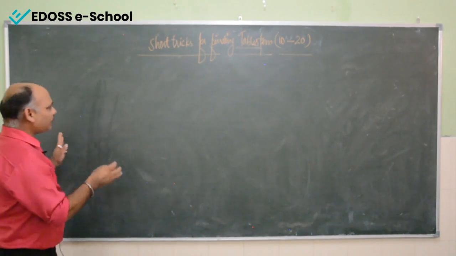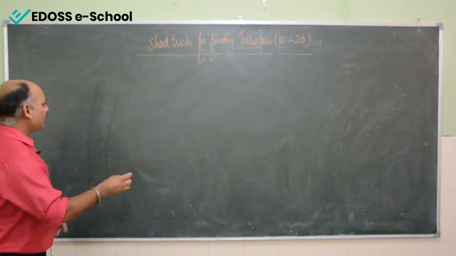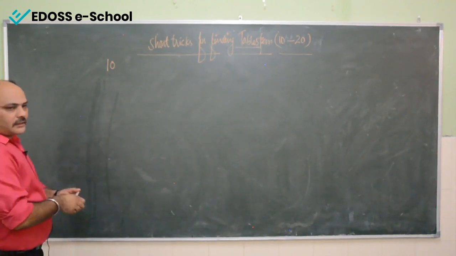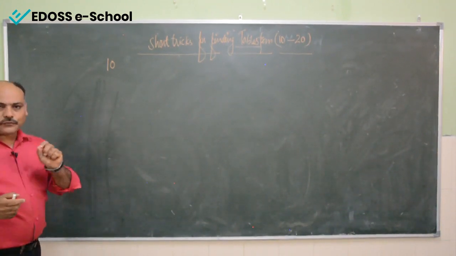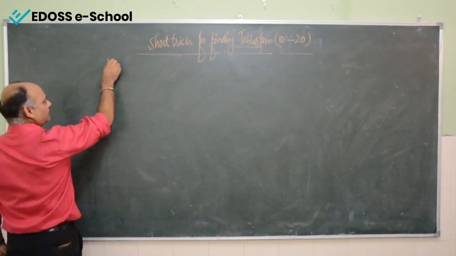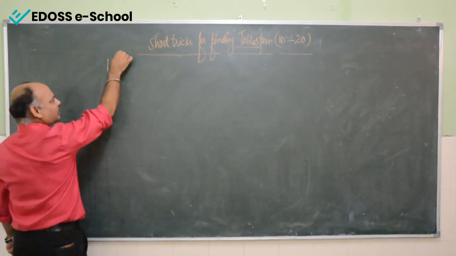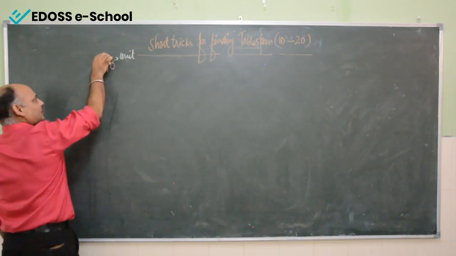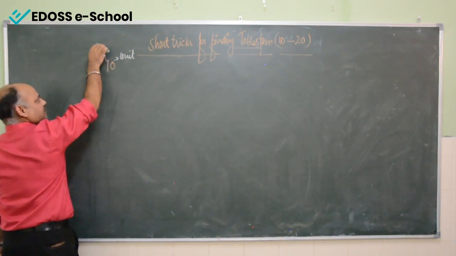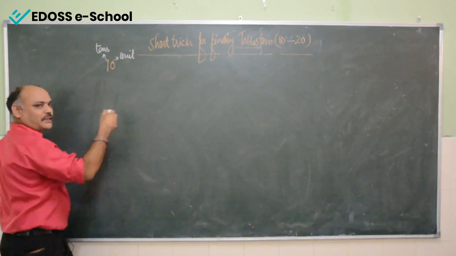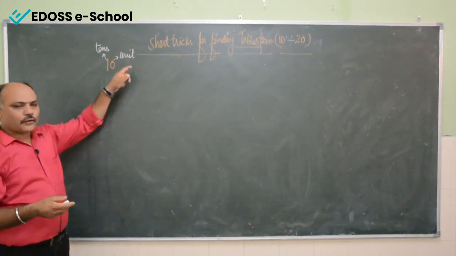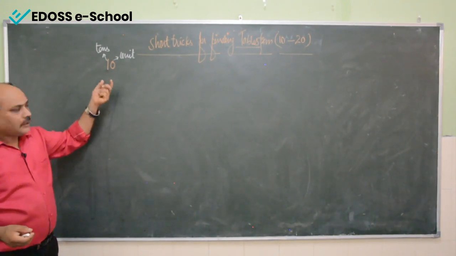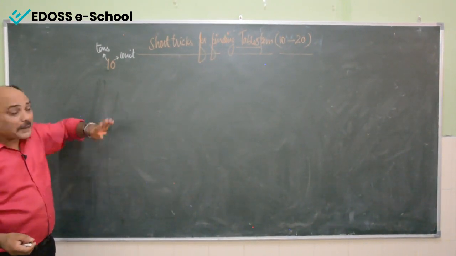Now just see, if I am talking about 10, then this is the number 10. This number 10 consists of two digits. The first digit is the ones digit, or you can say the unit digit. And this is the tens digit. The combination is a two-digit number. This is the unit, or ones, and this is tens. Tens means 10. I have to make a pattern.